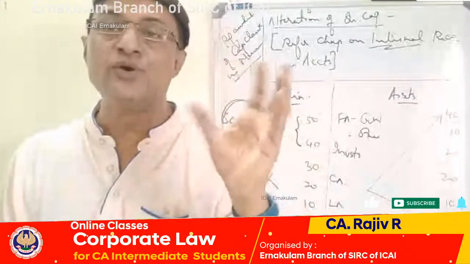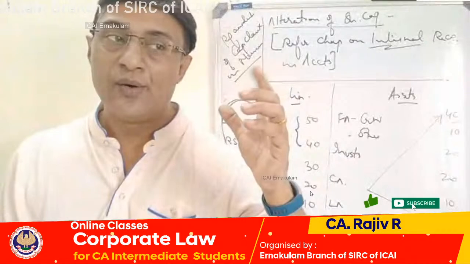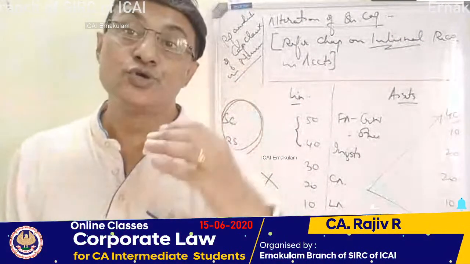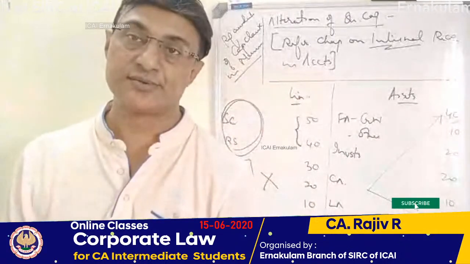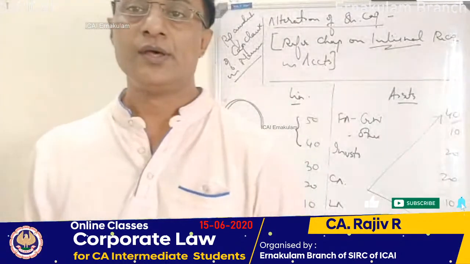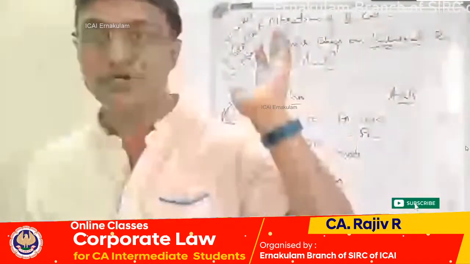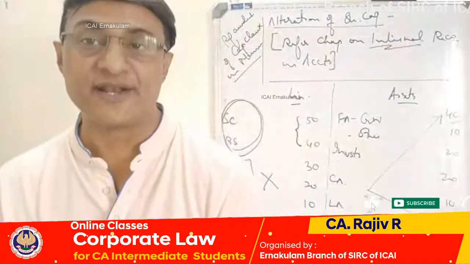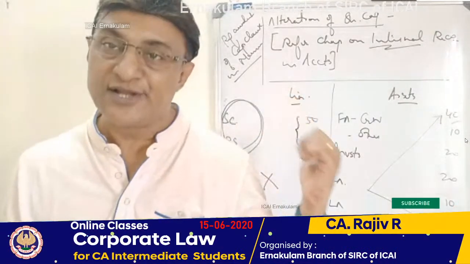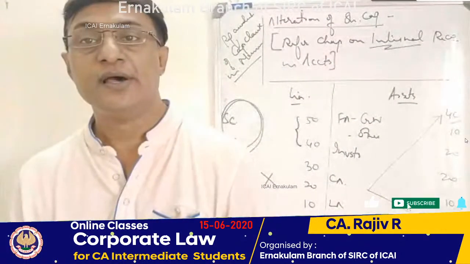A company is trying to window dress its balance sheet to show a rosier picture by making compromises here and there. You're trying to cover up an unhealthy picture. You're trying to push all the dirt under the doormat. Since you are dealing with the balance sheet and maybe the P&L account partially,